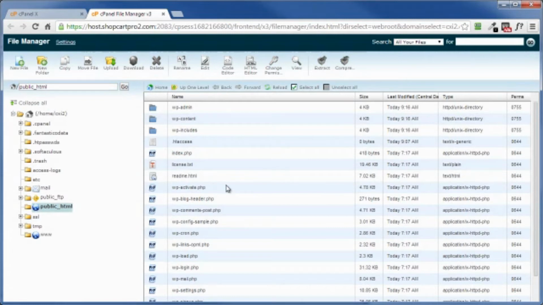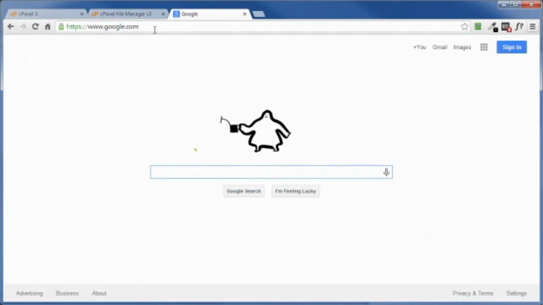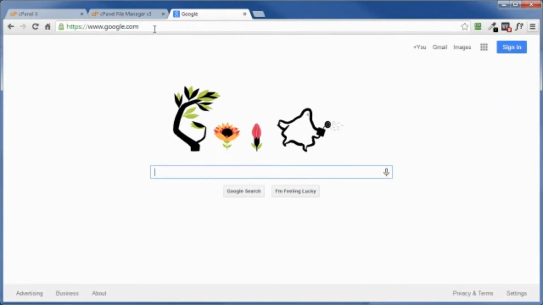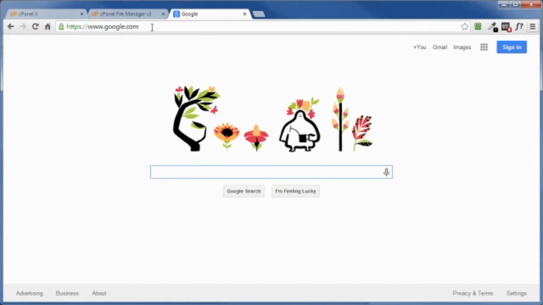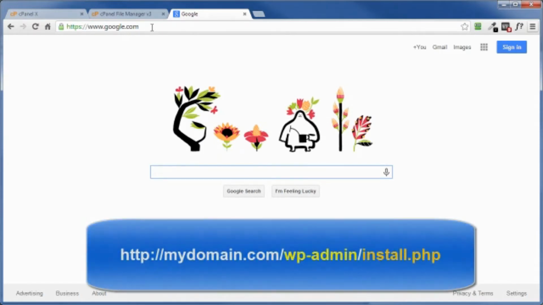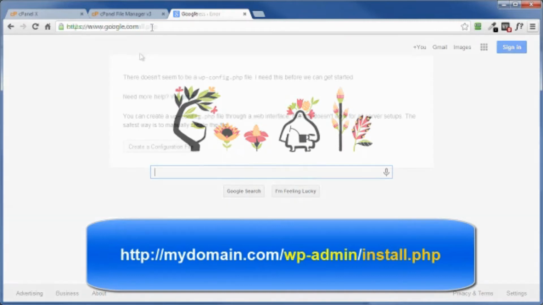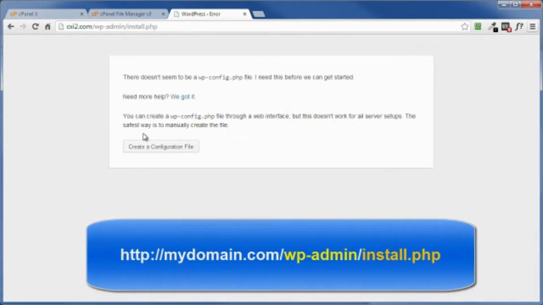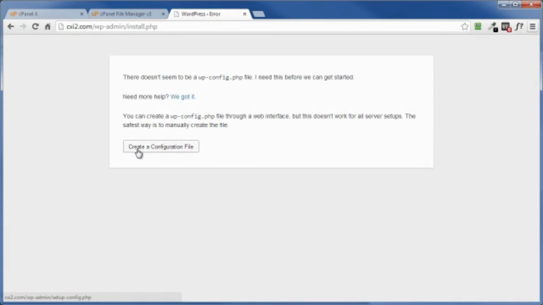Now we've got all the pieces of the puzzle put together. We just need to tie them all up. And we do that by opening up our browser. And in the browser bar, we want to type in the URL to our WordPress installation. And in my case, it was in the root directory. So I type in the URL to my root directory /wp-admin/install.php. Then click on your enter button, and this is going to pop up where you then click on create